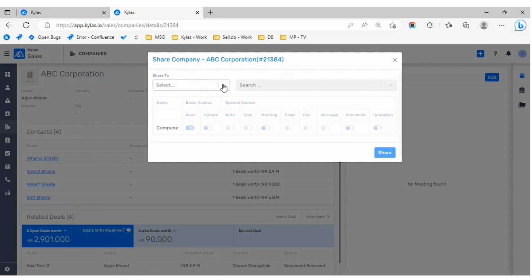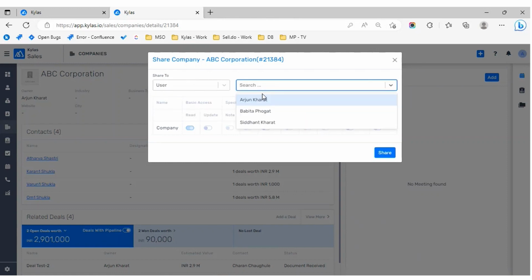Here we have share to option where we can select a user or a group of user, that is team, with whom we can actually share this record. When I select user, I'm seeing a list of all the users available in my system, and on the middle section of this pop-up you will see the toggle. On this basis, the target user, that means Siddhant, can actually perform the actions. For example, let me give update,